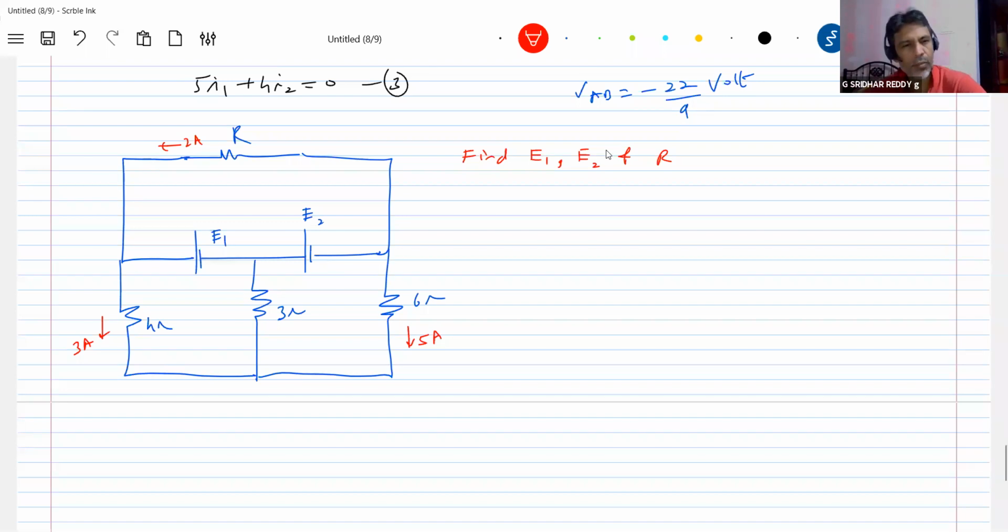Will you go for mesh analysis? Again, a lot of challenging things are in front of you. Here 3 loops are there, so I1, I2, I3. Then can you go for the branch current method? Can we apply simple KCL or go for nodal analysis? Here you can assume 0 potential, but here you definitely have to assume some. Even here we don't know, so write VA, VB, VC. Then you have to solve it.